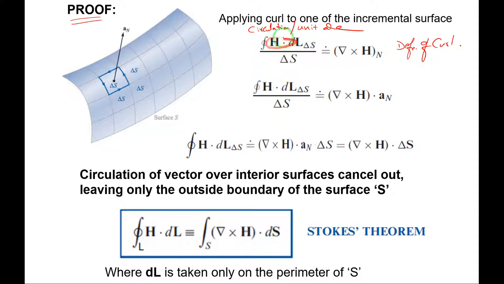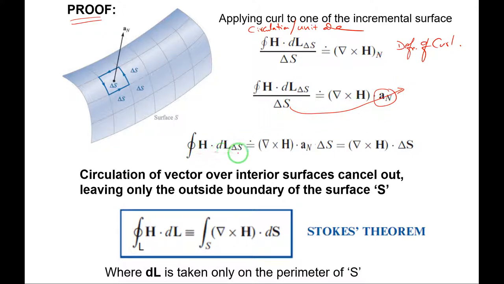What is circulating, right? Magnetic field intensity or magnetic flux lines are circulating. Here magnetic flux lines are circulating. This diagram I have explained, right? So circulation per unit area. If I consider this smaller surface area, what is the circulation of the magnetic field intensity over the smaller surface area? So closed line integral of H dot dl with respect to this smaller surface area, they have written delta s, that's all, or else H dot dl divided by delta s. The same thing has been written instead of n. So the circulation effect will be normal to this open surface, so instead of n I can write it as an vector, right? Then next take this delta s this side, right?